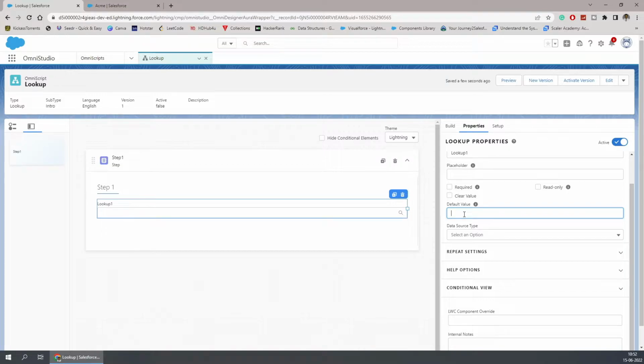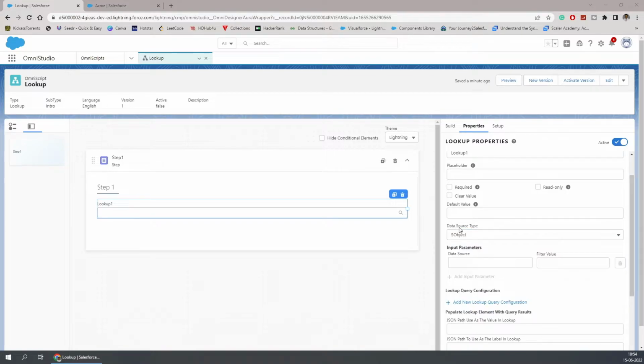Because we want to get the list of the contacts associated to any of the accounts, we'll have to use the data source type as the S object. If we want to use any custom, then we'll have to use the custom and write the Apex class for that. If we want to use any pick list that is filtered by the record type, you can also use that. So in our case, we will go with the S object.